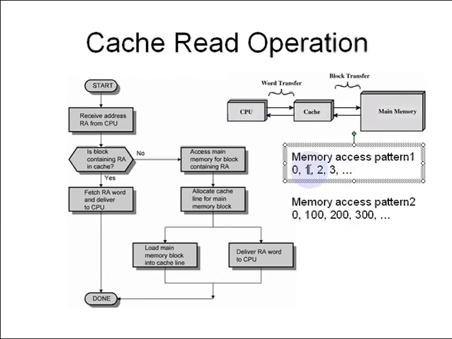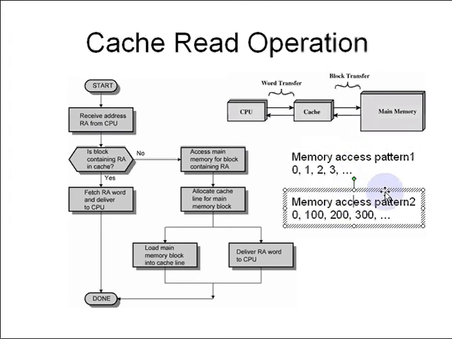So the next time we try to access address 1, address 1 will be available in the cache memory itself, because all the 16 bytes were copied from main memory to cache memory. So also for address 2, 3, and so on. So there was a cache miss when you try to access memory address 0, but for the remaining 15 memory addresses, we will find them in the cache memory itself. So the next 15 memory reads will happen faster, which will lead to improvement in the performance of the system.